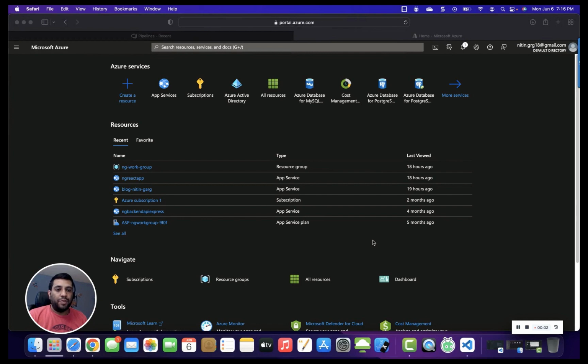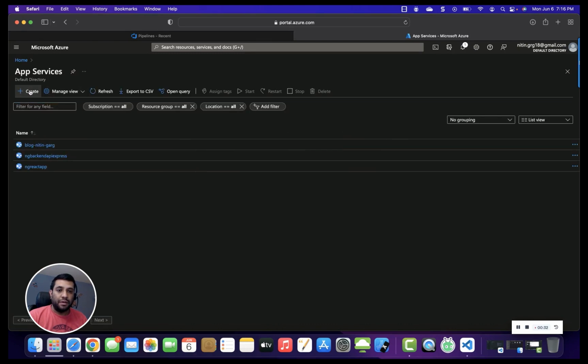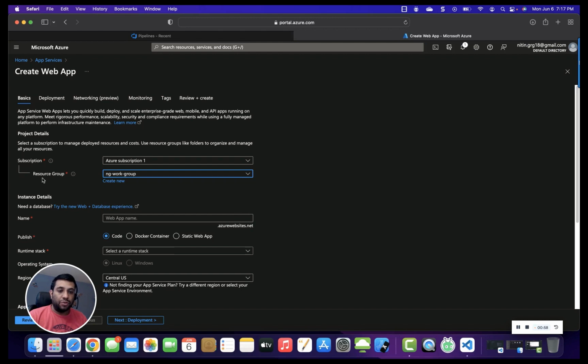Before creating the release pipeline, let's first create the app service where we need to deploy our React application. To create the app service, you have to log into portal.azure.com, and here first you have to create a subscription if you don't have one already. If you have it, then you can use your subscription. To create the app service, select the app service, select resource group, give the app service name,